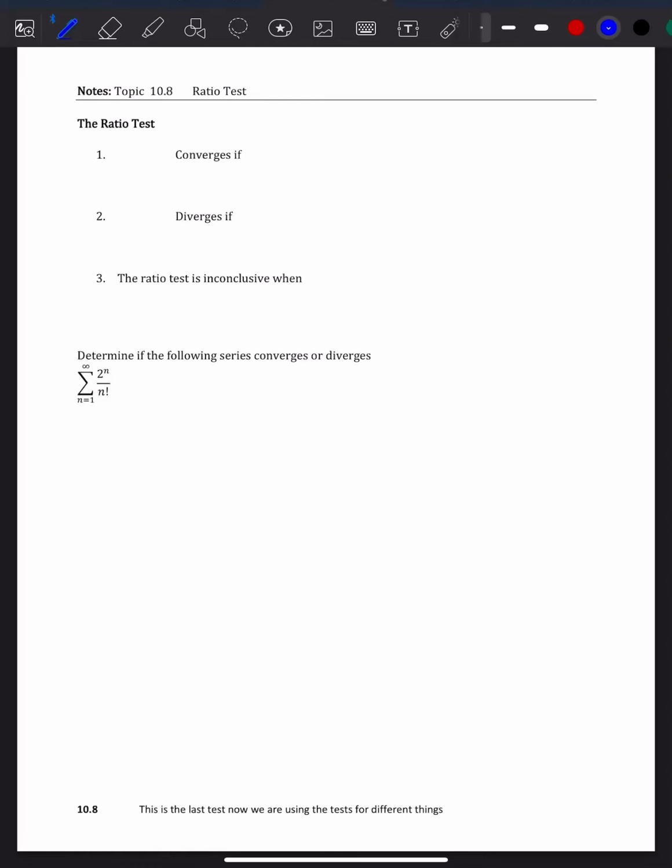The ratio test is the last convergence test that we're going to be dealing with. It's also the one that a lot of people have the hardest time with, but it's kind of straightforward in a lot of ways, so it's not the worst, personally. So the ratio test, let